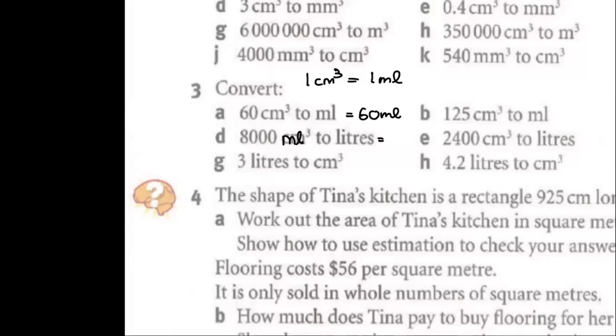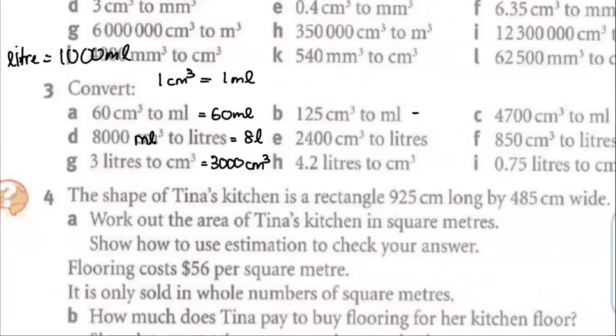2 liters. 1 liter is equal to 1,000 milliliters. So 8,000 milliliters is 8 liters. 3 liters, 3,000 cubic centimeters. Not much of a working needed here. Changes to milliliters, 125 milliliters,